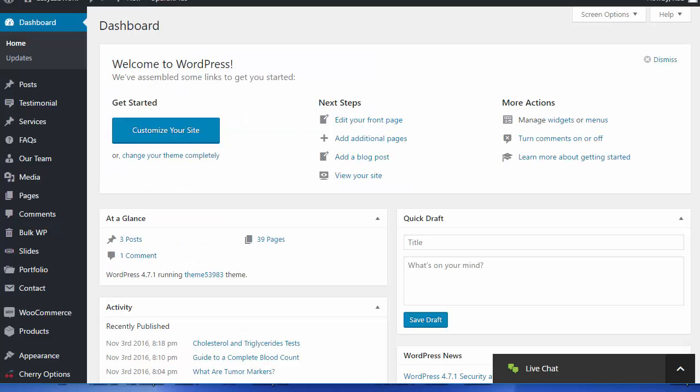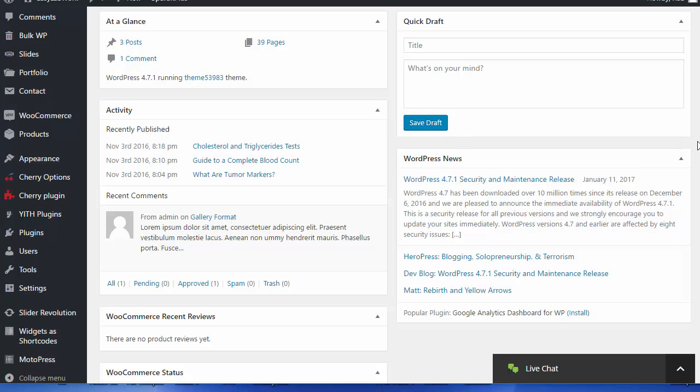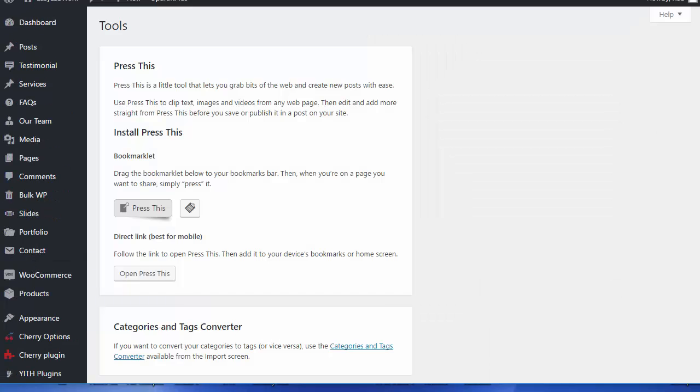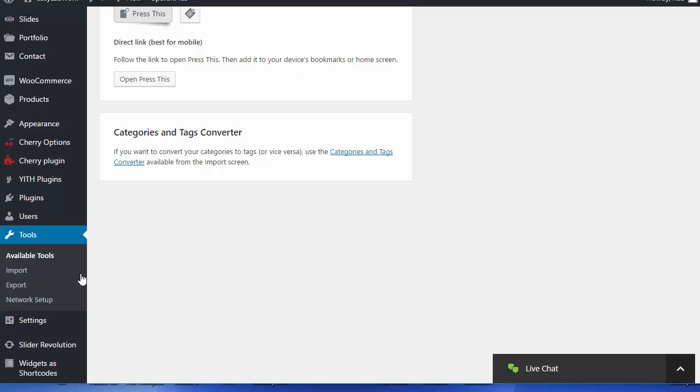I go back to the site now, and I go into Tools, right down here. I actually have to refresh that. Let me click Tools one time and that'll refresh. Okay, and now we have Network Setup. So that line of code we just pasted into the wp-config file turns this option on. So we go into this,